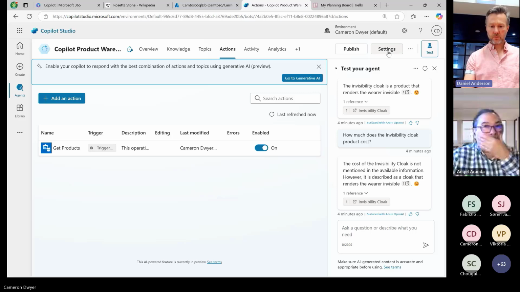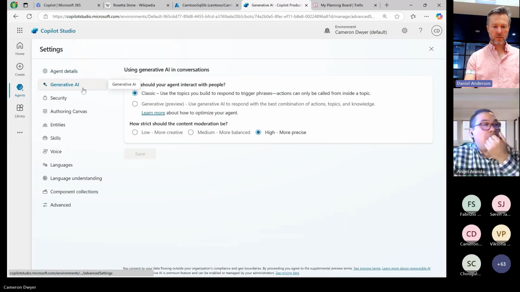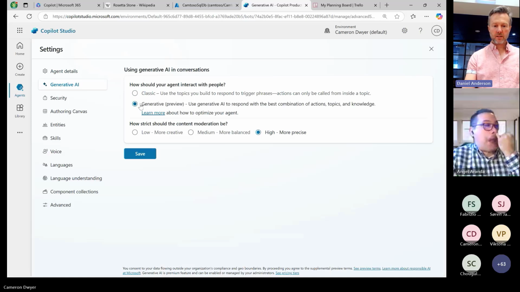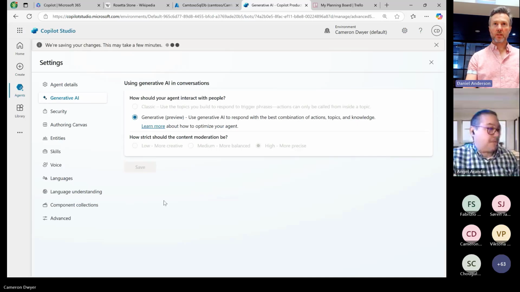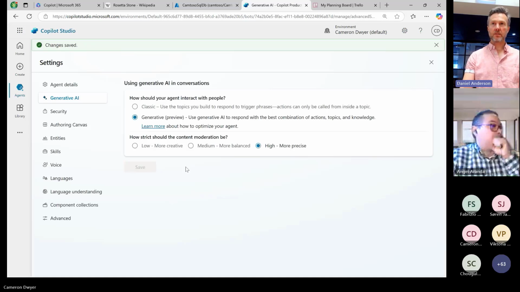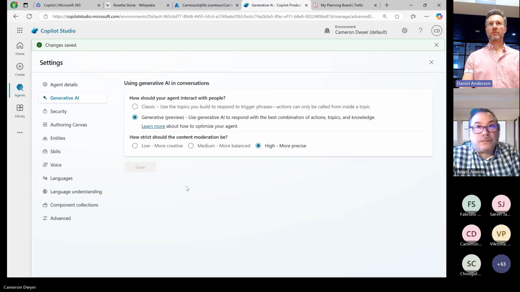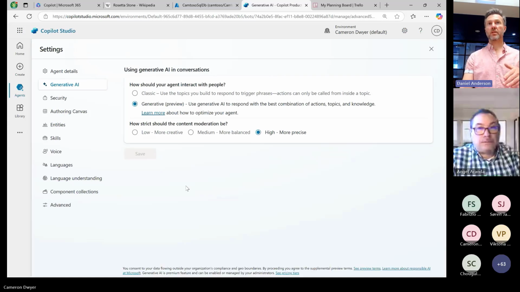What we can now do, and what this is suggesting that I do, is go into settings, go into generative AI, and say, let Copilot decide the best mix of actions, topics, and knowledge. So what we've really done is we've armed it with a skill. We've armed it with the ability to go out to that SQL database and interrogate the SQL database. And based on that description that we gave it, the type of thing that it could use it for, we're hoping that it will just think, oh, I've got these skills. That skill matches what I think the user is trying to get at, and I'll just automatically pick up that skill and use it.